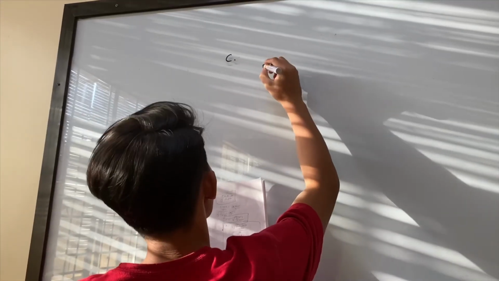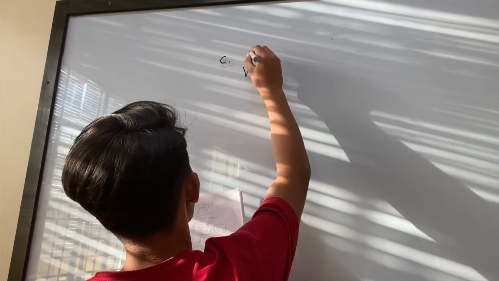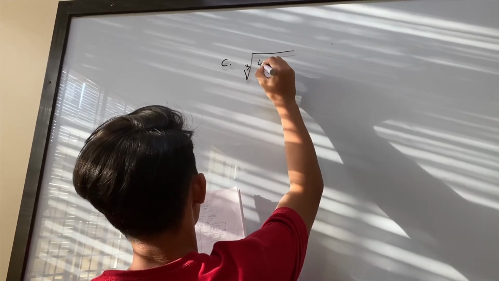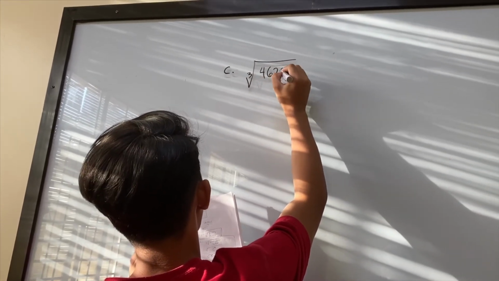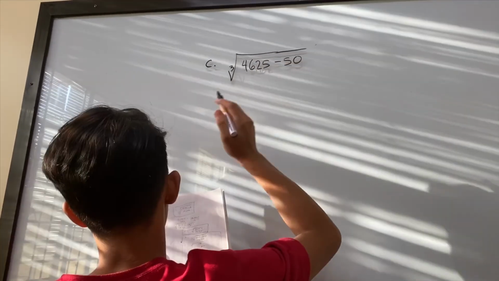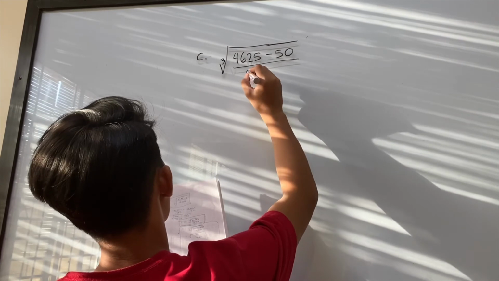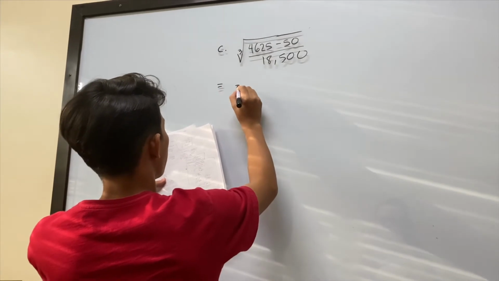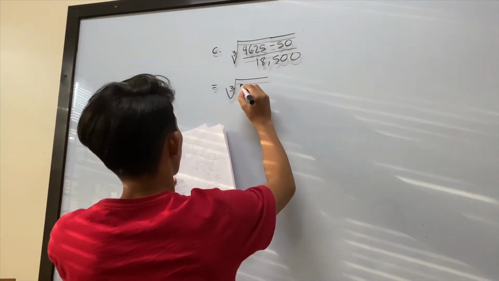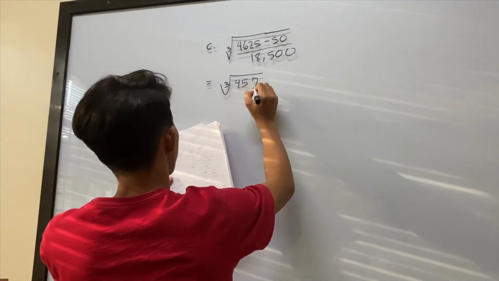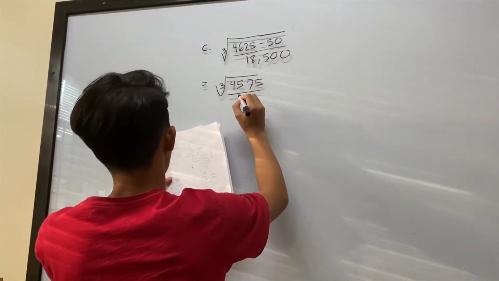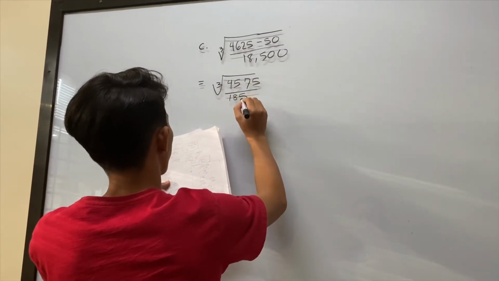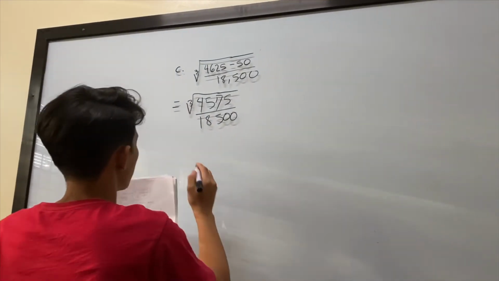If the velocity of the movement of the blood is 50, what is the radius of the artery? Cube root of (4,625 minus 50) over 18,500 equal to the cube root of 4,575 over 18,500 equal to